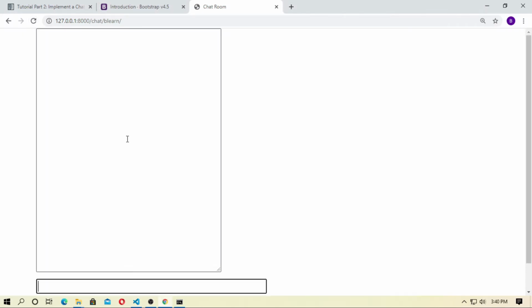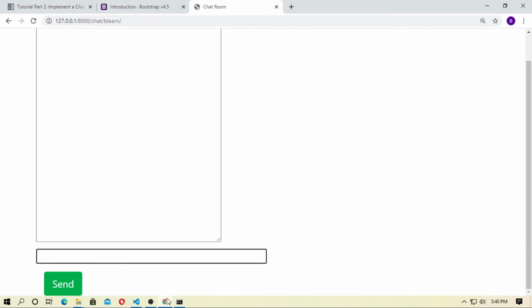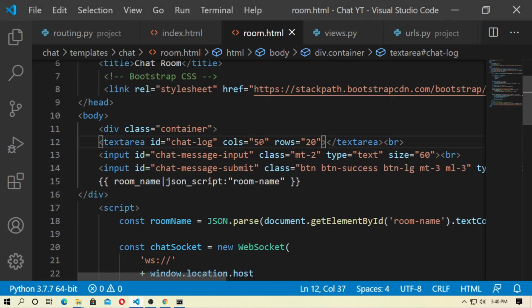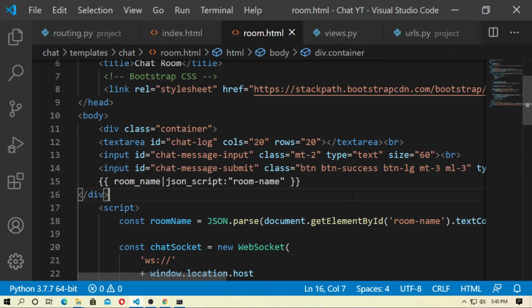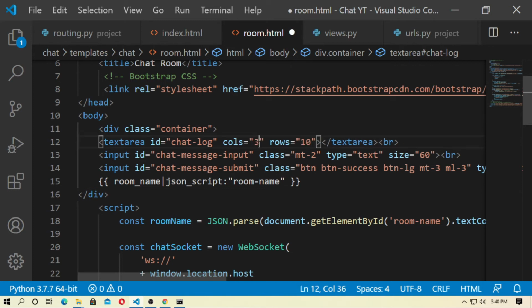You can decrease the columns to 30 or 20, just 20. Now refresh it. Now decrease the rows also to 10 and slightly increase the columns to 30, and now refresh it.